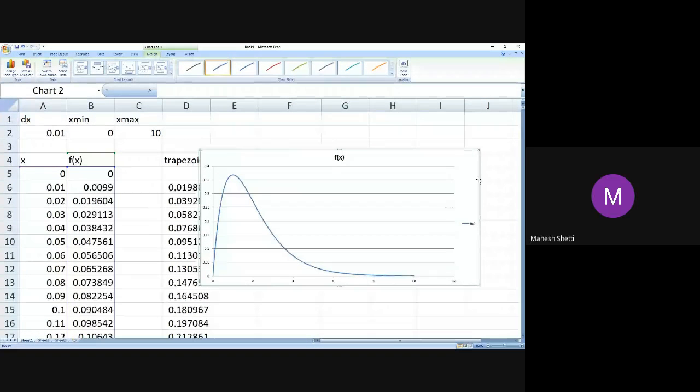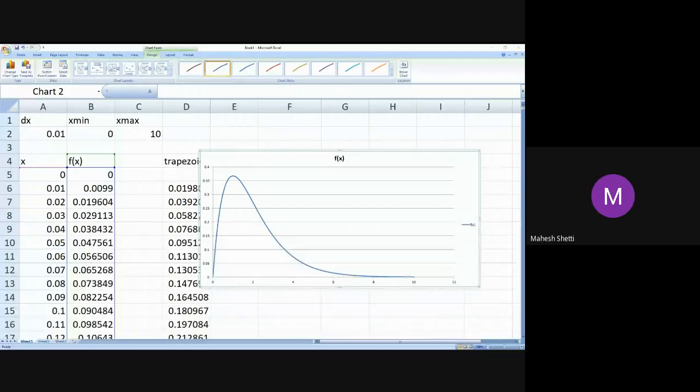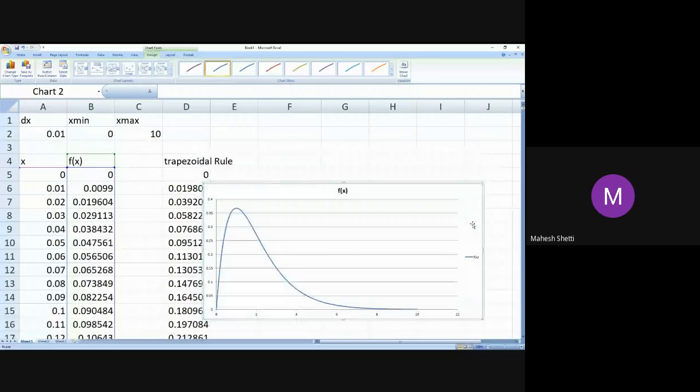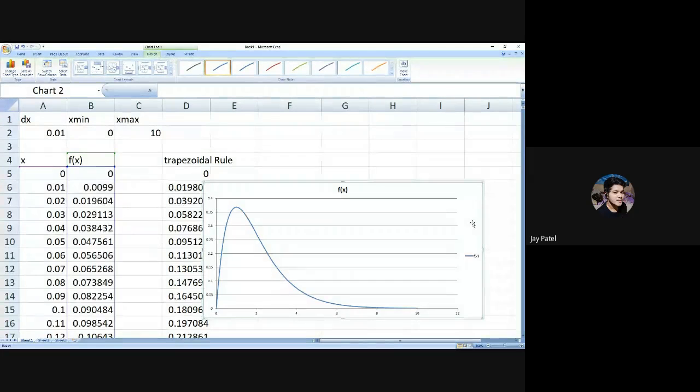Let's move ahead. I have a question. Yeah, please. Here we are comparing the area obtained from the trapezoidal rule with the analytical one. Correct. So we know that we have this value and we should approach this value. In cases when we don't have an analytical value, how can we figure out how much error there is in the trapezoidal rule, or up to what extent it is correct? How to figure it out without analytical results?